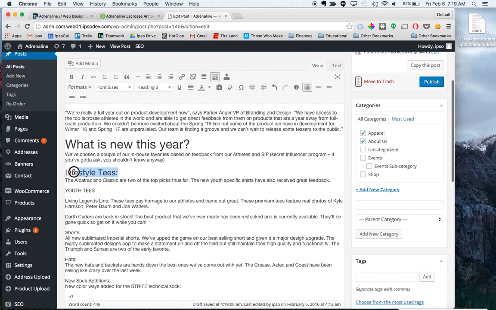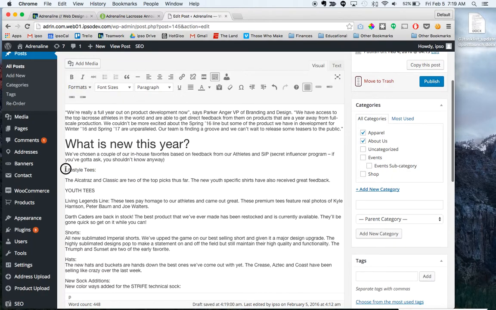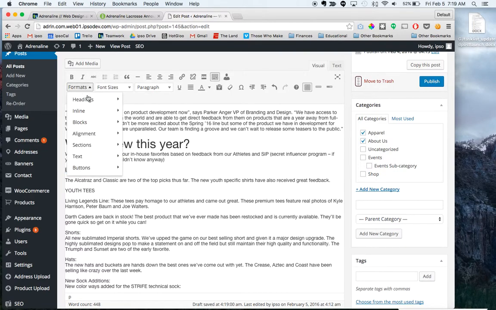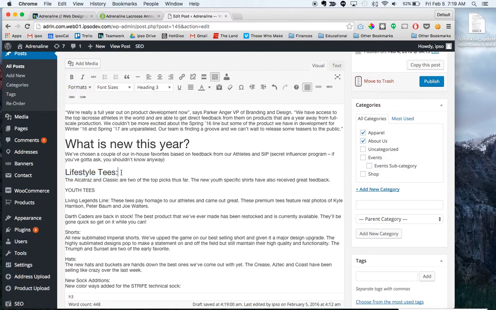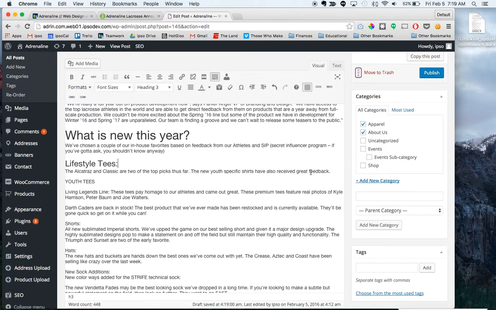I was highlighting it this way, so it thinks that everything before this we want to be highlighted in the format, but if you format forwards, heading 3, we'll just do it again, lifestyle tees, forward, heading 3. It only highlights what text we've got highlighted before the next hard return. So lifestyle tees. So we remember that we need our image there, so maybe we go ahead and while we're here,